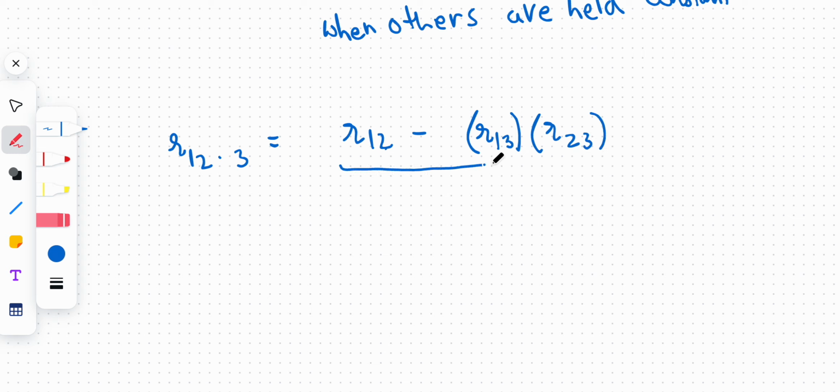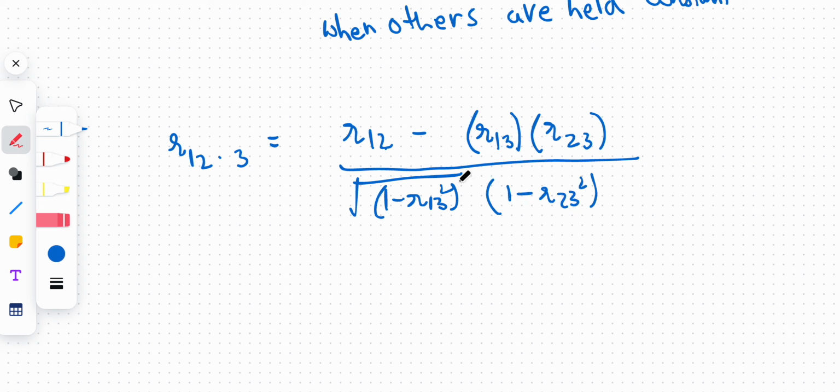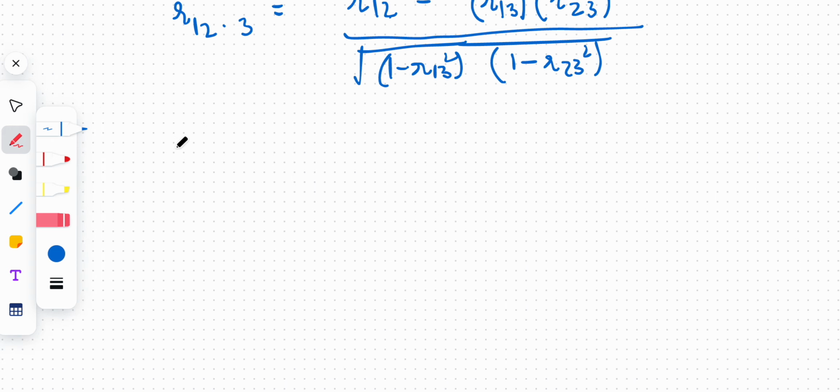Then what I will get in the denominator is 1 minus R13 square and 1 minus R23 square, right? Similarly, if I have to find a correlation R13.2, it will become R13